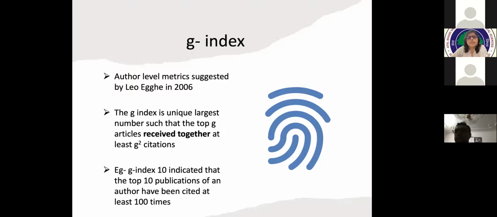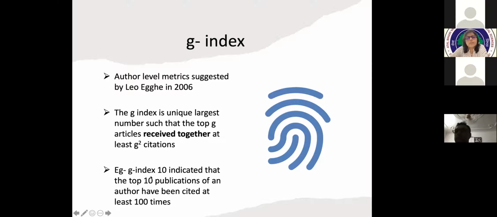The G index is the unique largest number such that the top G articles received together at least G square citations. Here all the words are very important in the definition. The unique largest number such that the top G articles received together at least G square citations. We'll unfold this definition with the help of an example.